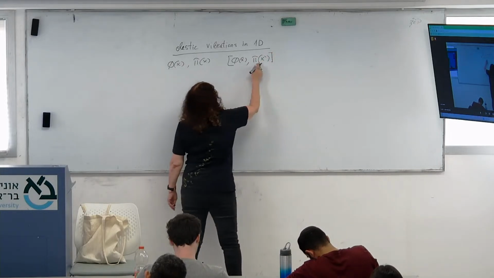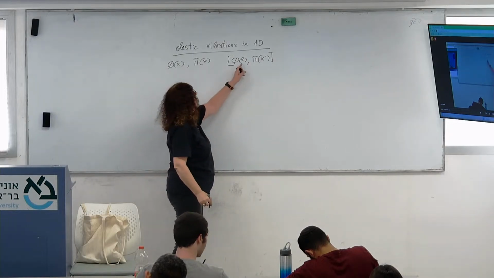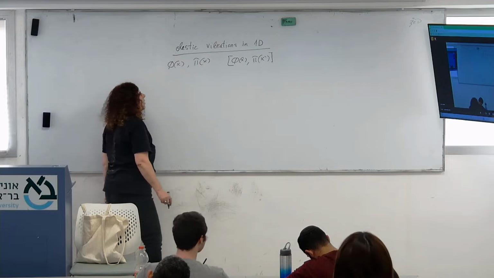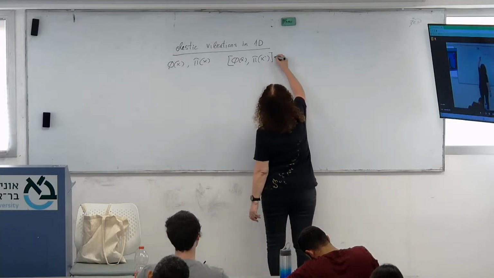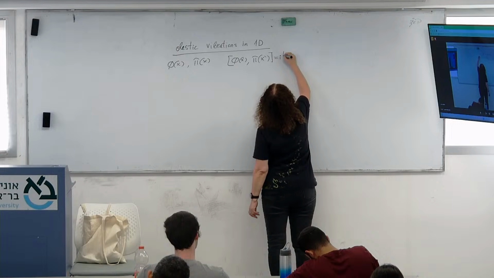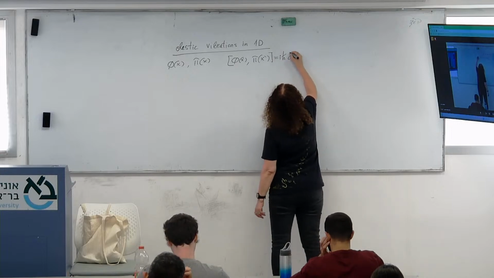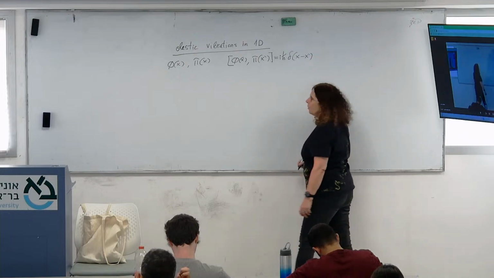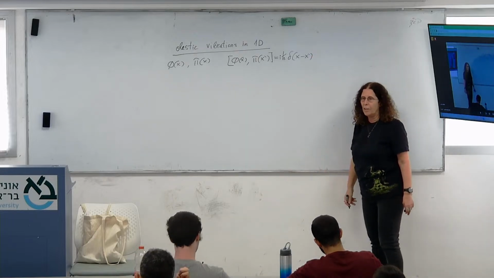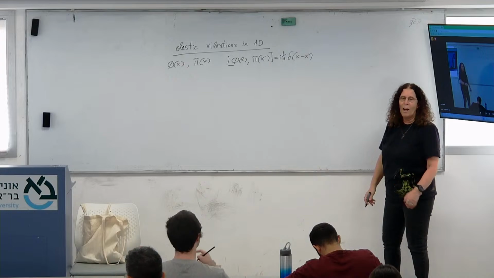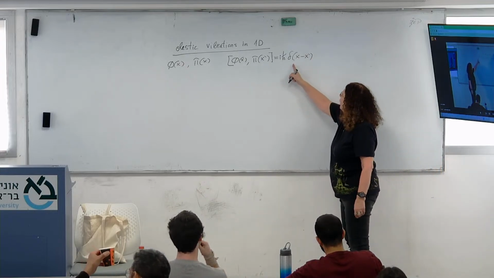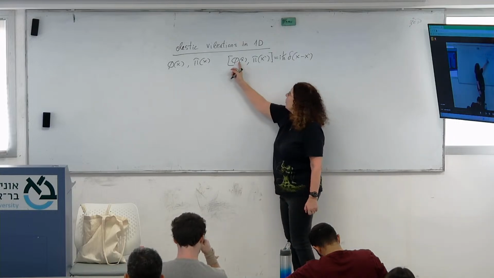For coordinate and momentum at two different points, x and x prime, we get i h bar times the Dirac delta, where the way we got this, I'm just reminding,